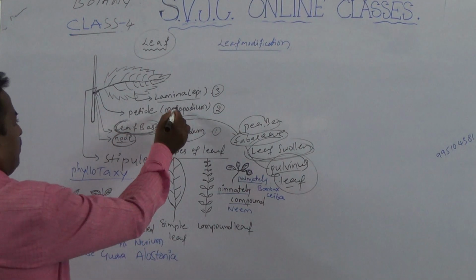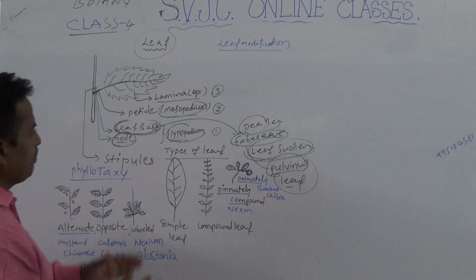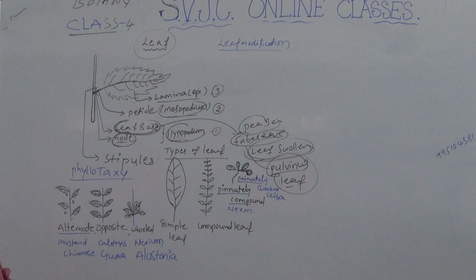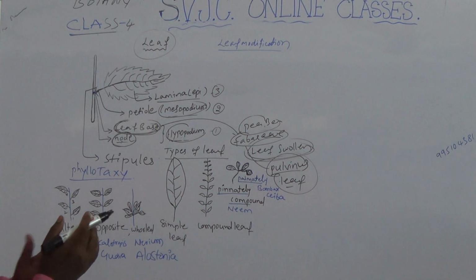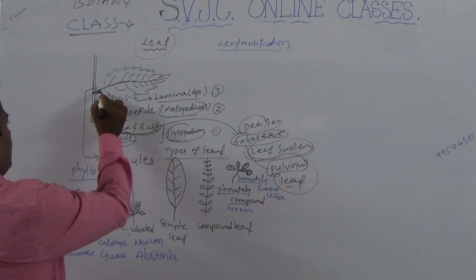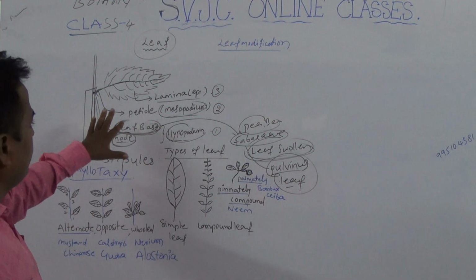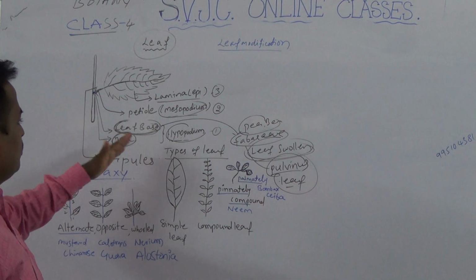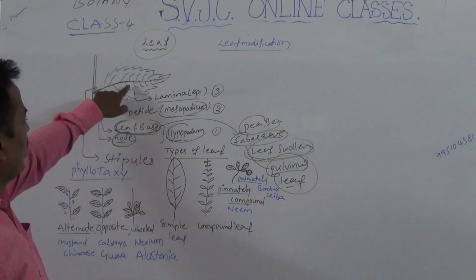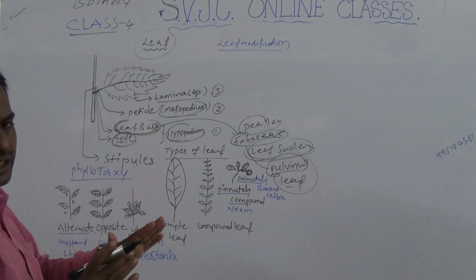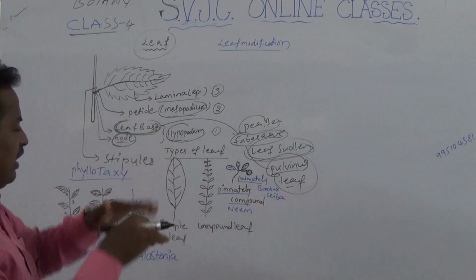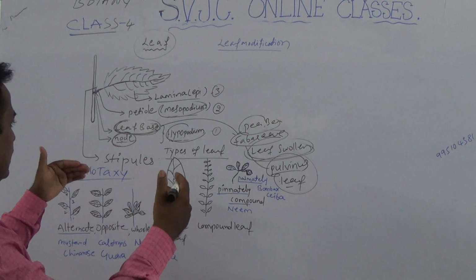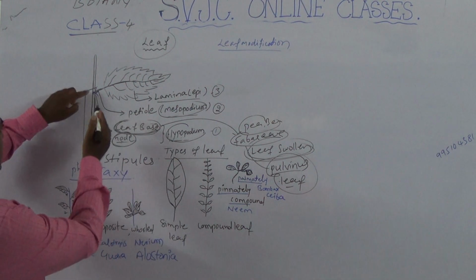The next one is mesopodium. The mesopodium is present in between the epipodium and hypopodium. In the mesopodium, a flexible stalk-like structure is reported in the leaf. What is it named? Petiole. What is its position? It is present in between the base and lamina. The position is very important. Are you clear? And it is very flexible. What is its role? It bridges the base and lamina.